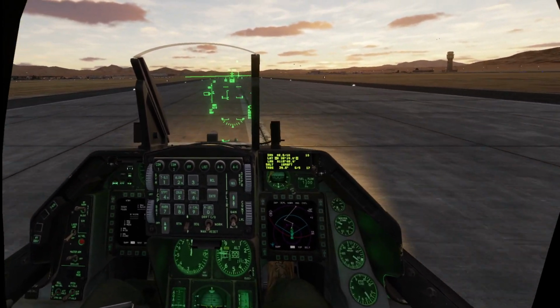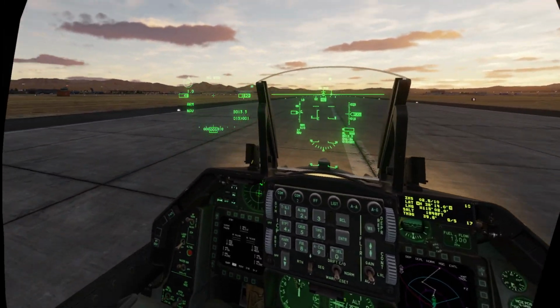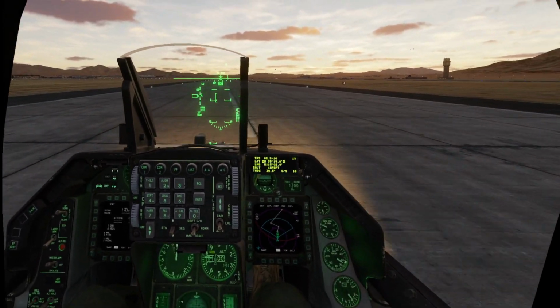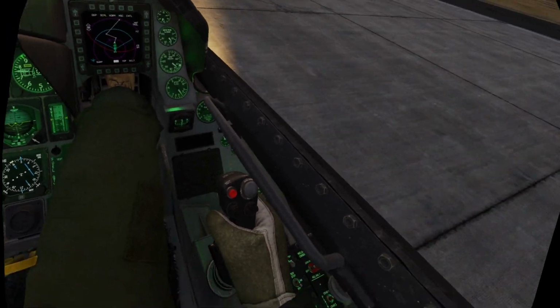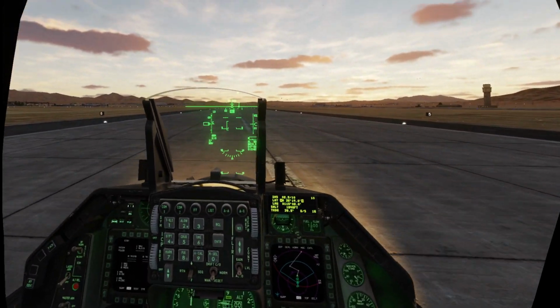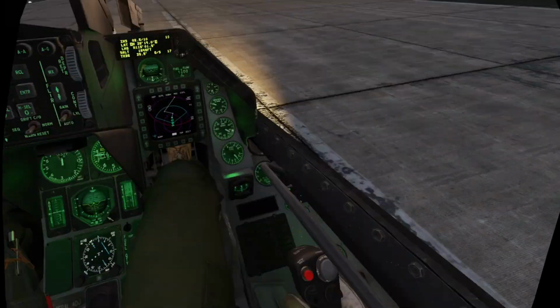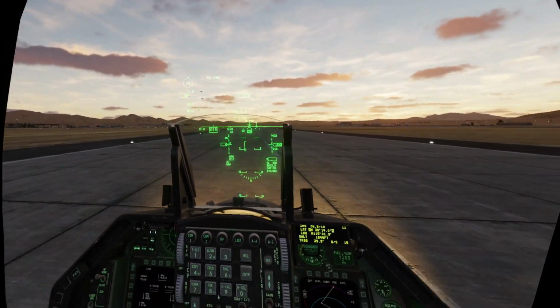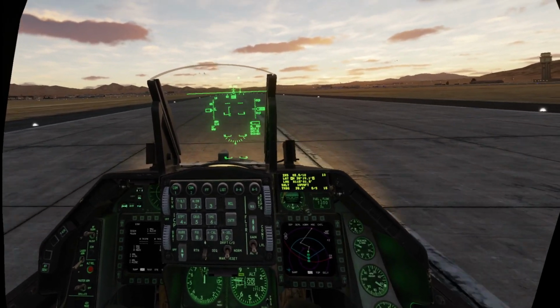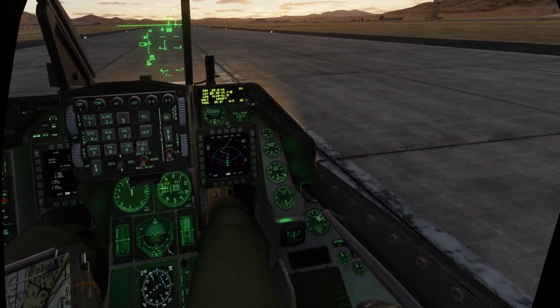Debrief over coffee or going up again? Probably going to go up again, as long as we're good on fuel, which we appear to be. We've got just under 7,000 pounds. Next, we need to start doing our radio work and navigation, but let me just take the airplane up and fly a little bit. Then we'll get more serious. Copy?